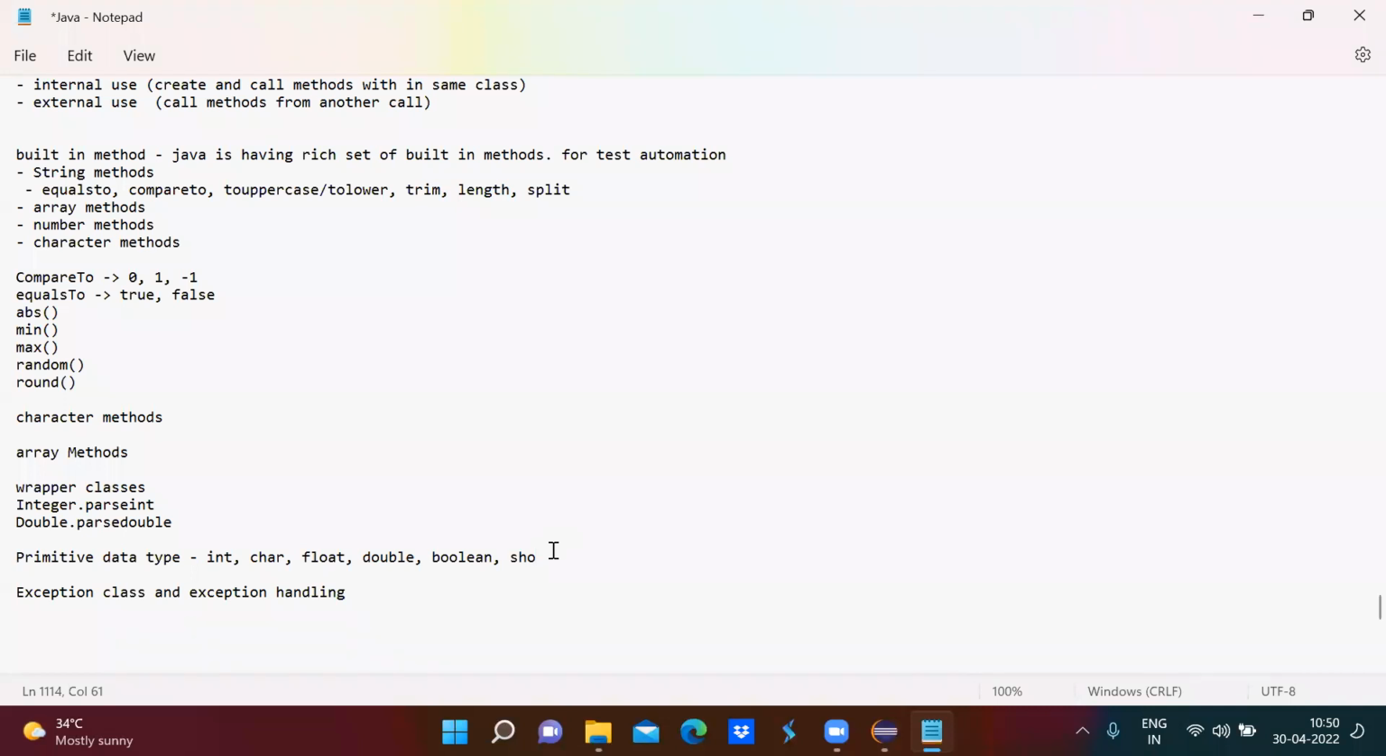So we have these primitive data types, like short, then what else? Long, byte, right? So what happens in real time, whenever you are trying to send data from one application to another application, or from an application, let's say, to a server, you cannot send the data in the form of a data type, right? It should be in the form of an object, right? And primitive data types are,